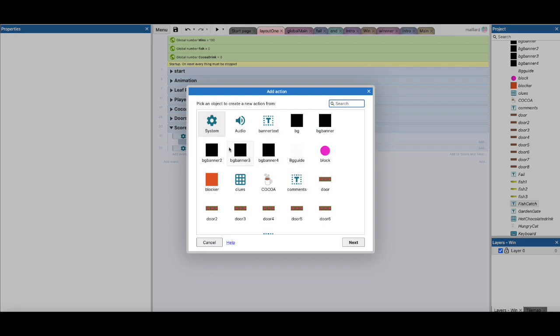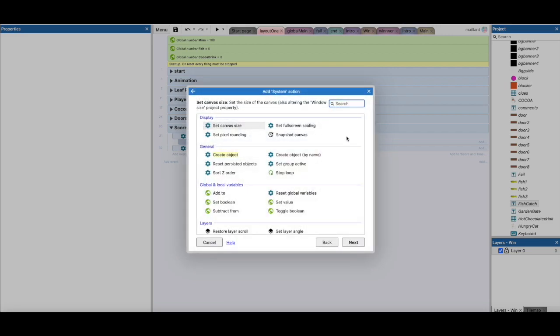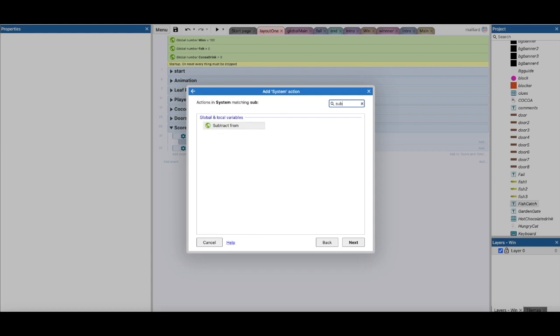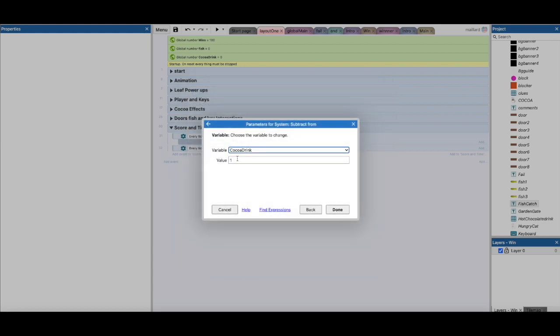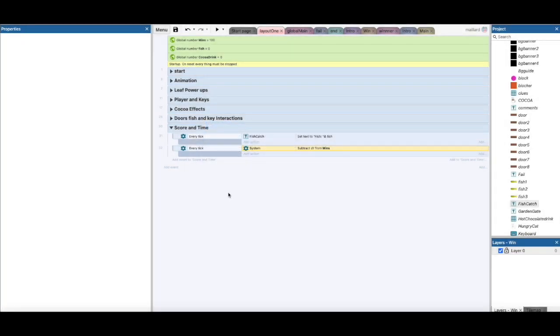So I'm going to do system, subtract from mins and delta time, DT time. Okay, so we're subtracting time every second from our minutes there, and then we're going to